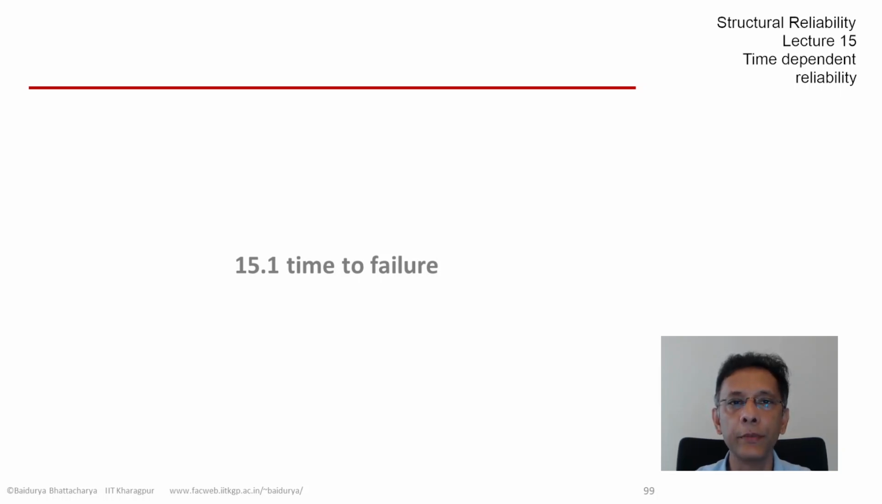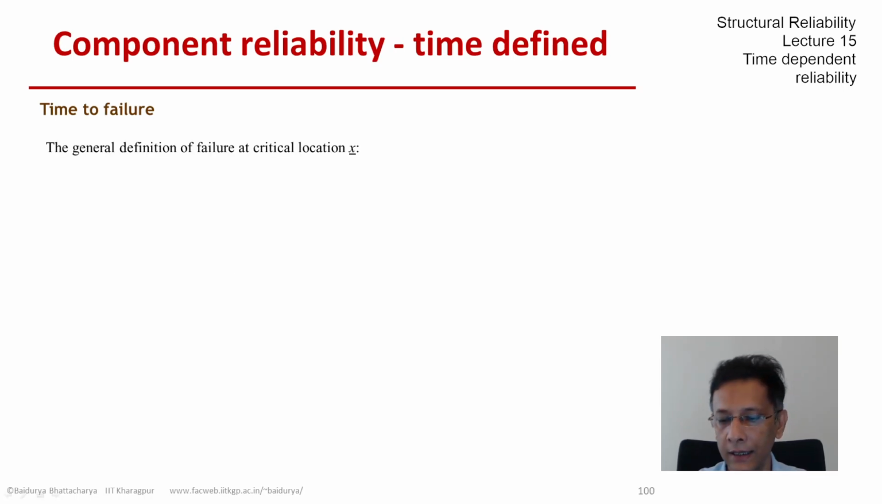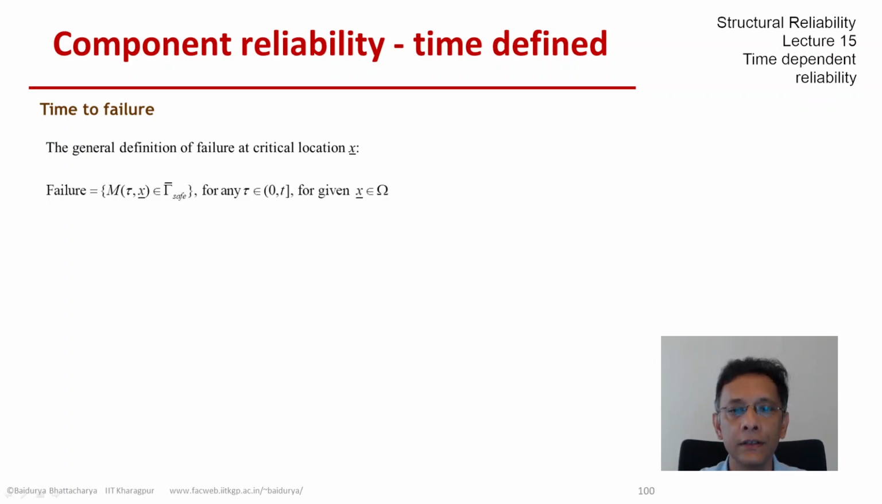The random variable describing the time to failure. The general definition of failure at a critical location is, we have looked at this type of approach several times in the last couple of weeks, that there is a safety margin, a performance function, that goes out of a safe set, which is gamma safe here. And the overbar indicates the complement. So if this happens at that location X, anytime tau during the lifetime between 0 and t, then we would